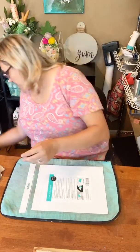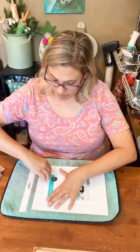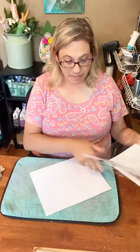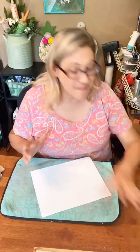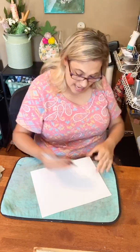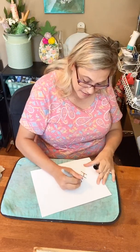All right, so moving on. We are gonna go to project numero dos for the day. This is my happy place, which I can see on a porch, I can see it on a back deck, I can see it in an office, in a craft room, wherever your happy place is, that's where this one should be. So I am going to write happy place on the back,